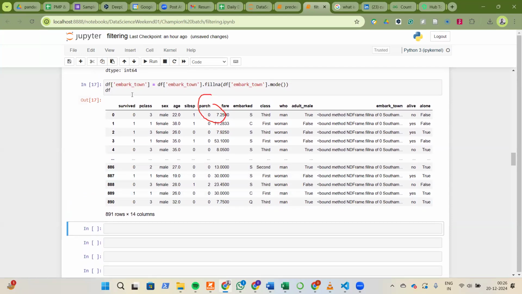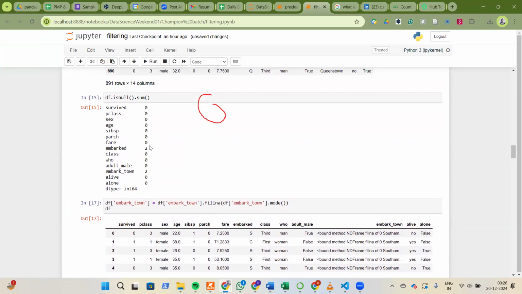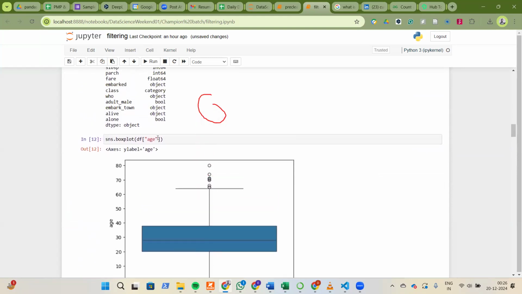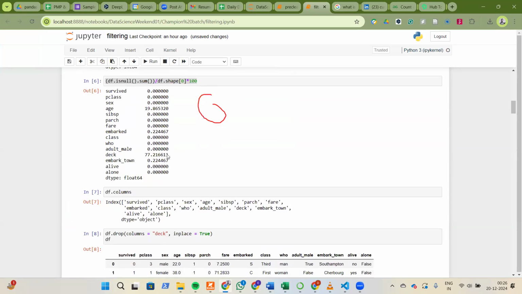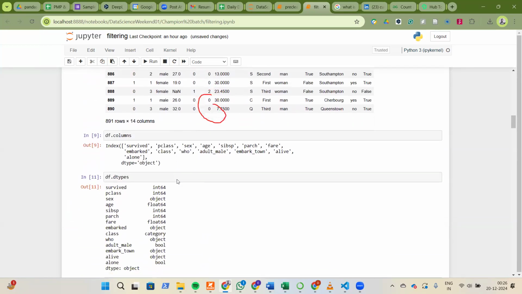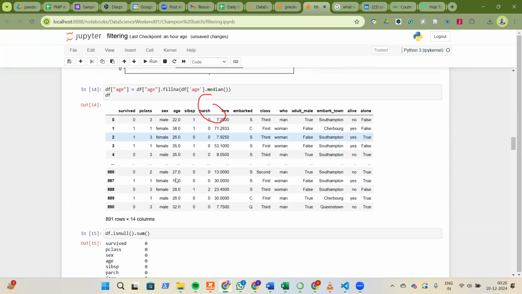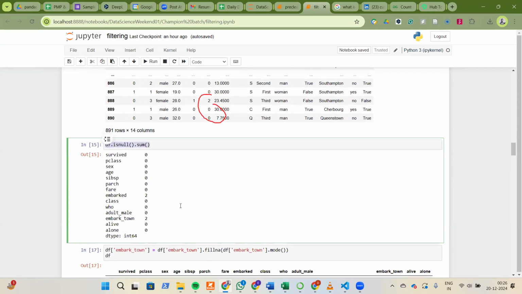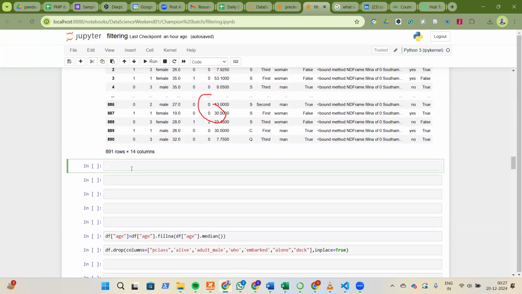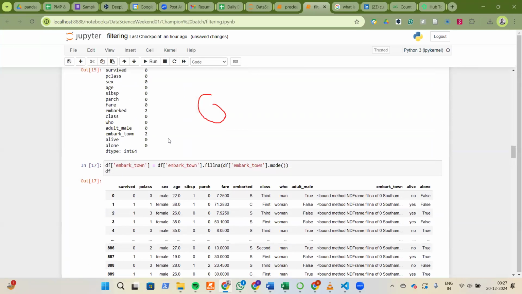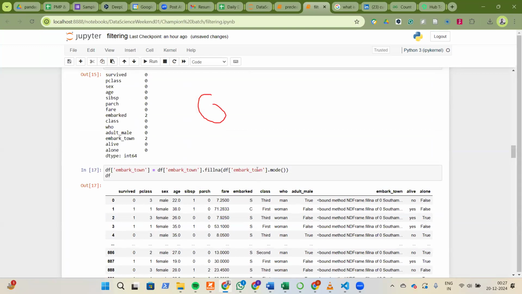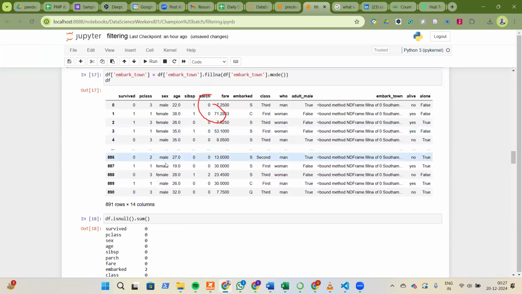And so if I run this again, let's see. You see, what is that? It's nothing now. I thought I just ran it a few minutes ago. Okay, this is it. So if I run it again, I still get 2. So what failed? Oh, there's a problem. Let me check. Oh, I filled something else. I filled embarked down. Choose this one, but I'm getting these from